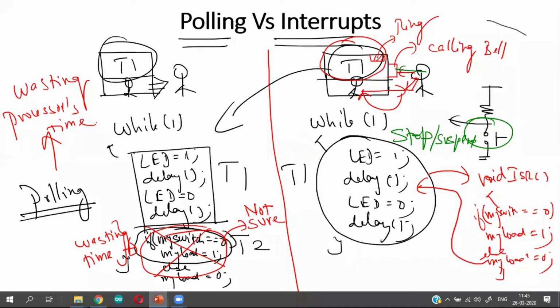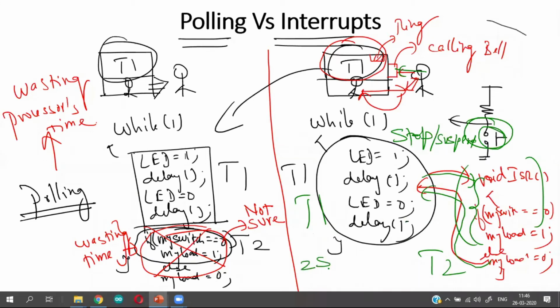Only when somebody is pressing the calling bell, I go out. In this case, when somebody is pressing the switch only, an interrupt happens, then I go and execute this interrupt service routine. After executing the interrupt service routine, I come back to execute my main program. This is called an interrupt approach. In the interrupt approach, the main task T1 and the interrupt task T2 are separated as two separate programs or two separate code segments.